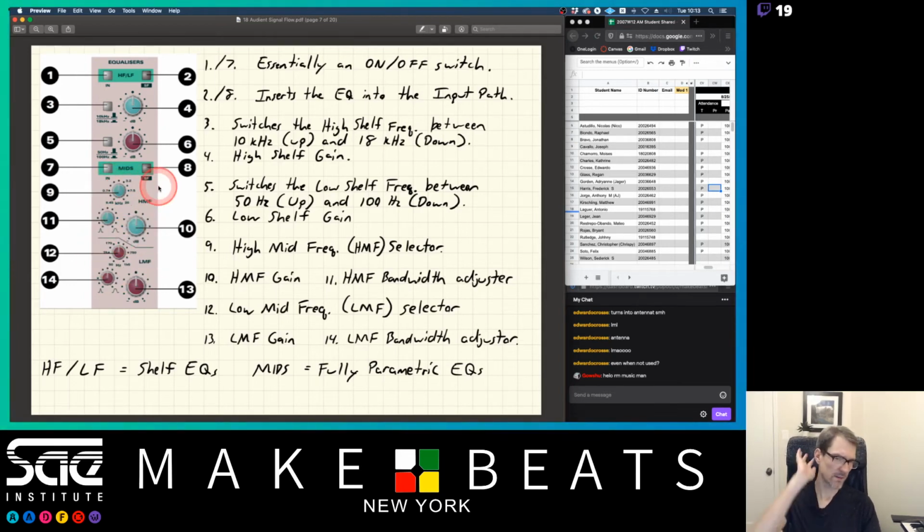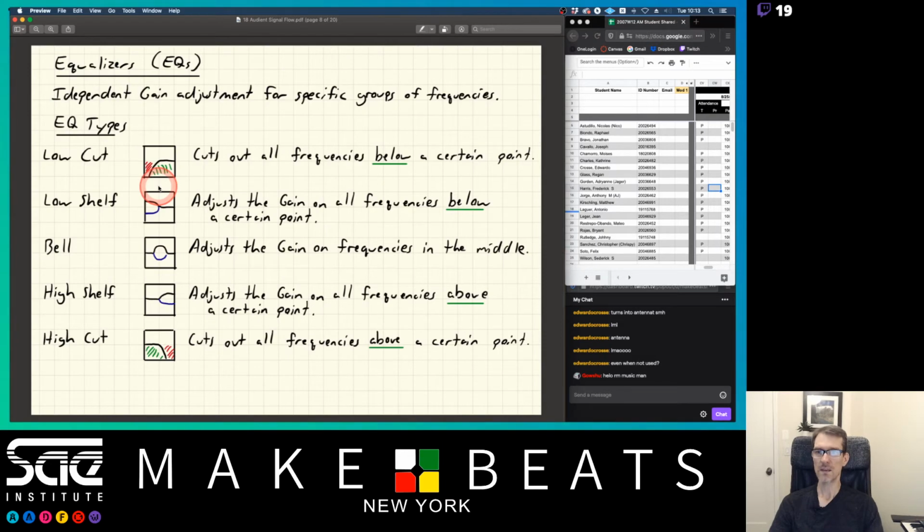So now let's take a pause on talking about the Audient, and let's talk about these EQs for a second. So EQs, equalizers, this is an independent gain adjustment for specific groups of frequencies. Now we haven't really talked too much about EQs, but